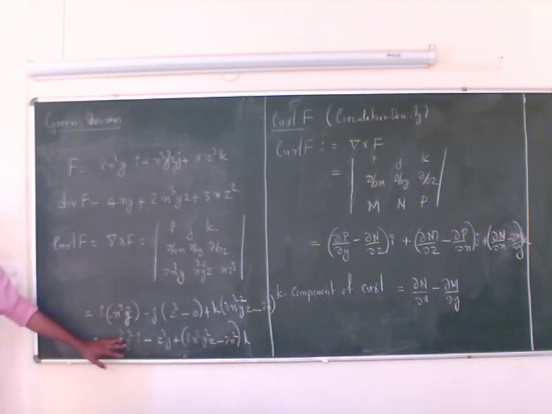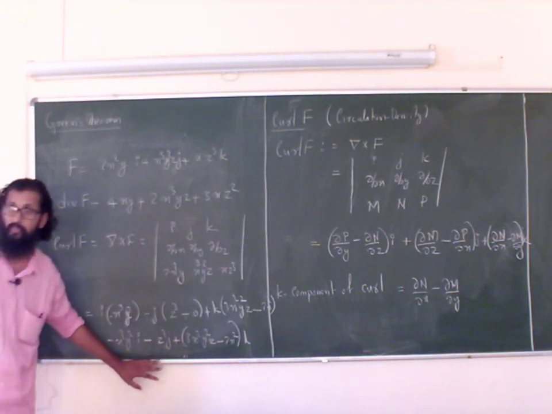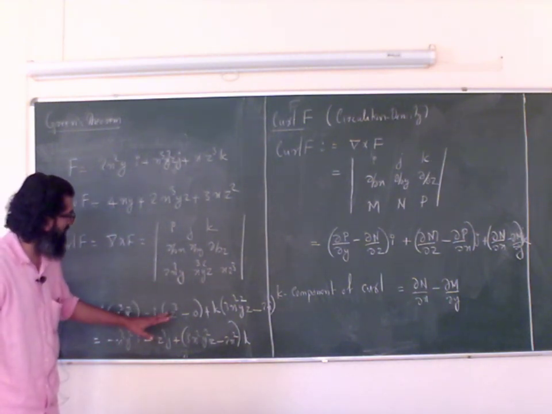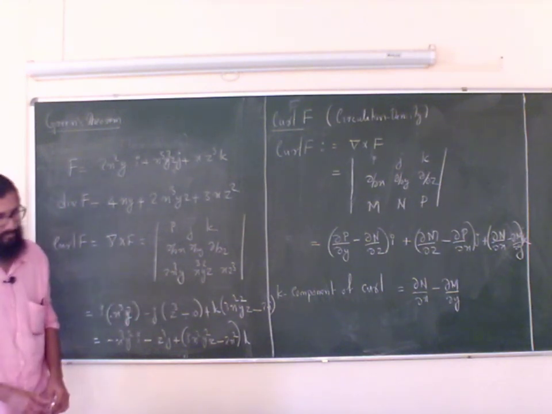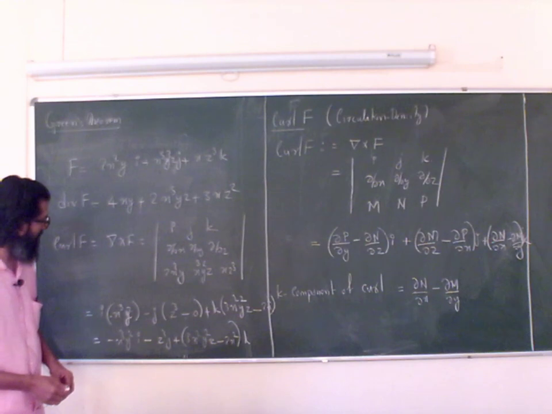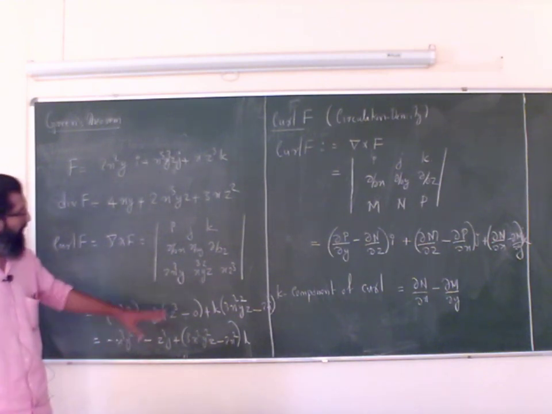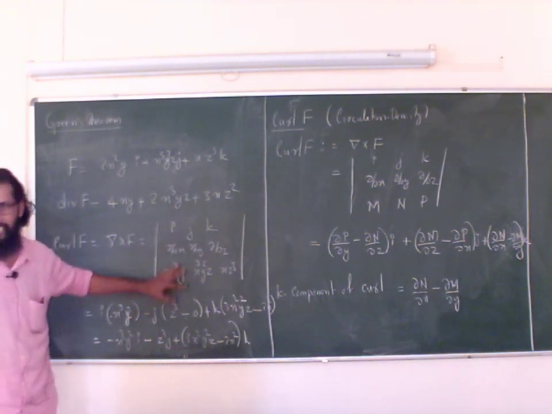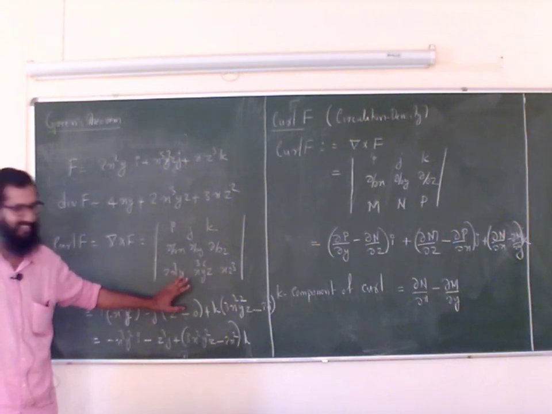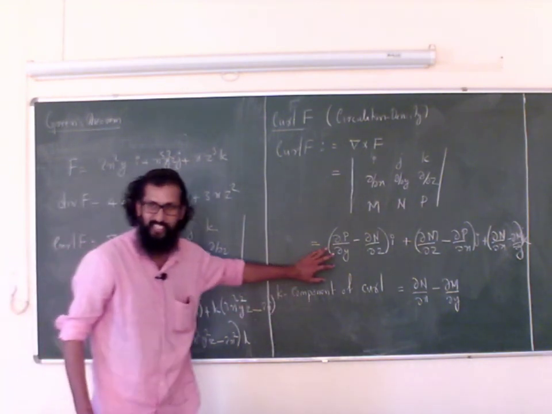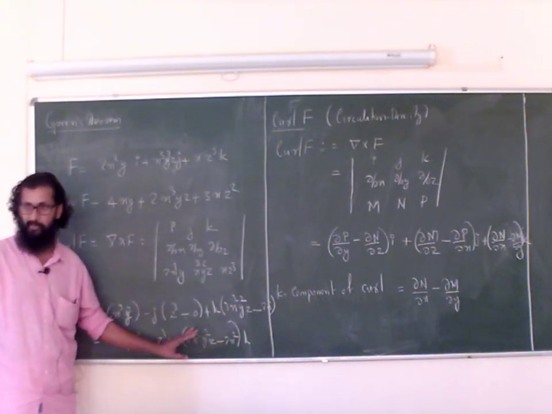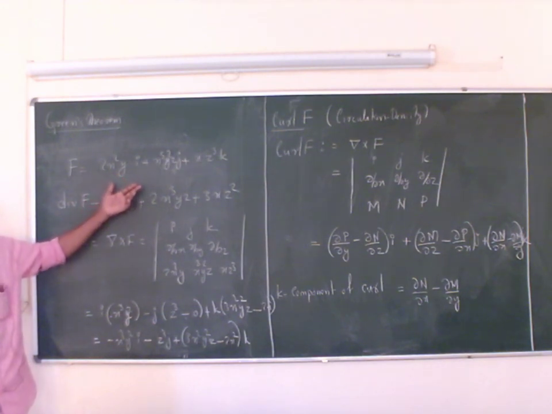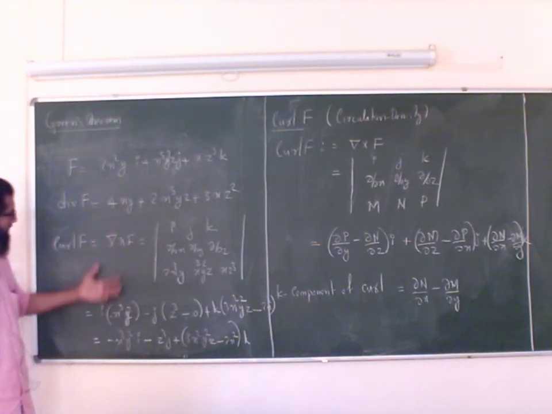Is it correct? No, some mistake is there. Where is that? Just point out. Okay, whatever it is, you may check it out. No, don't look at the formula. There is a difference in the formula, and I'm expanding my determinant in the usual way. I'm not following this definition blindly, I'm just expanding this determinant. So this is a simple example. This is a random function, and I am just checking my definitions of divergence and curl.